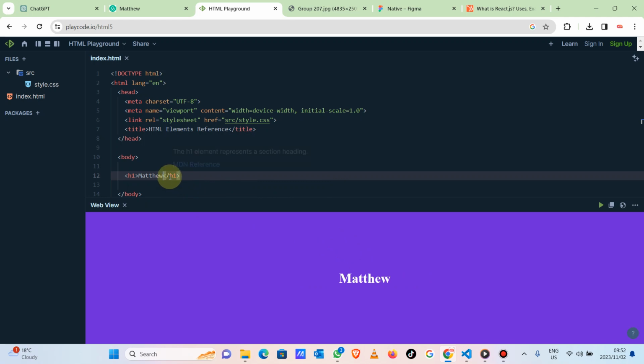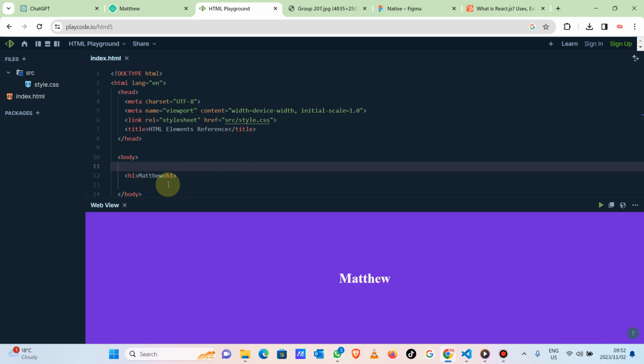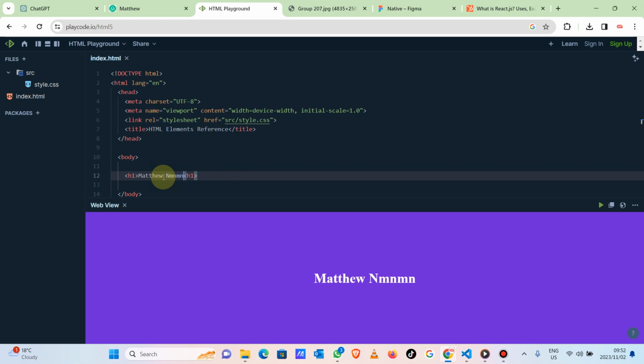If on HTML you remove this closing tag, guess what will happen? When you are on JavaScript or C Sharp or PHP, your code will break. But look at what happens on HTML. The code still works. As you can see, we don't have a closing tag, but it still works. Why? Most people will say it's because HTML is poor, trying to undermine it.